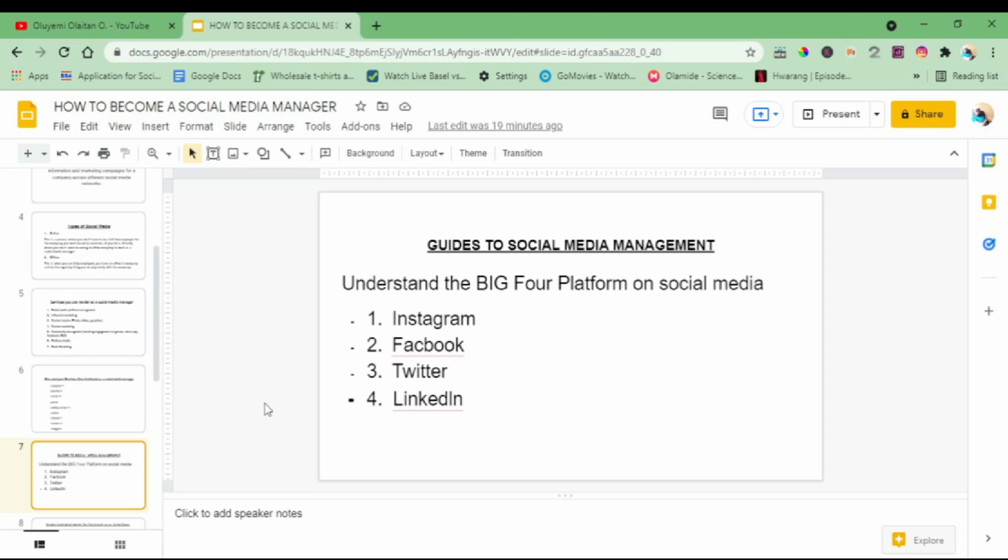If you've not heard about the big four platforms on social media, they are Instagram, Facebook, Twitter, and LinkedIn. These four platforms, you need to understand them very well. Basically, these happen to be the four largest social media platforms out there, and with them your business can grow a lot. You want to focus on these platforms to promote a product or a service, and anywhere in the country, you know what these platforms can do for you. I'm going to be explaining